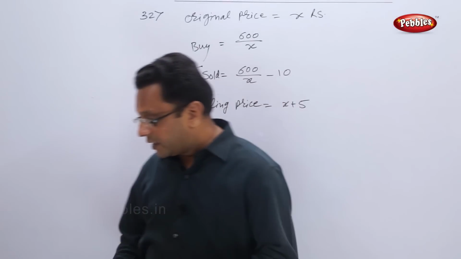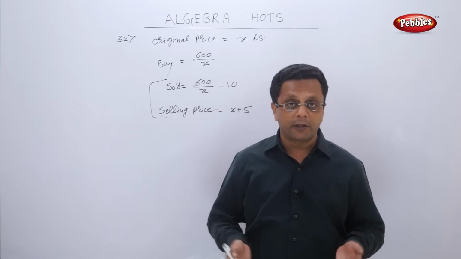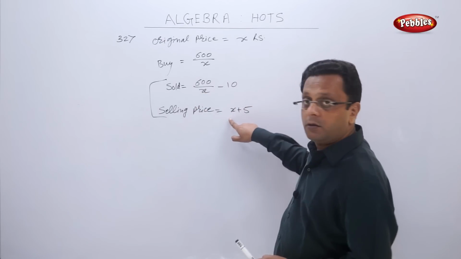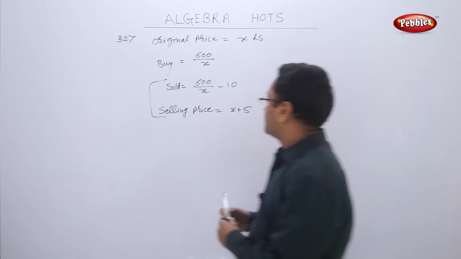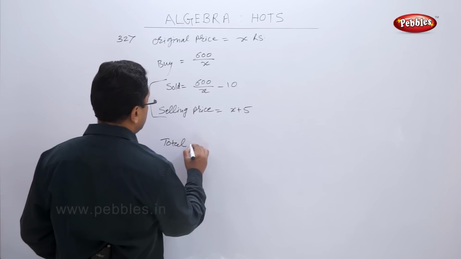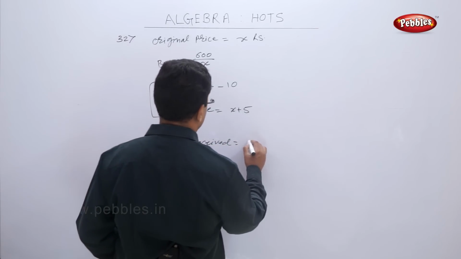Now further they say that from the amount he received. Now how much amount he received? Number of items into price per item. So the total received is equal to